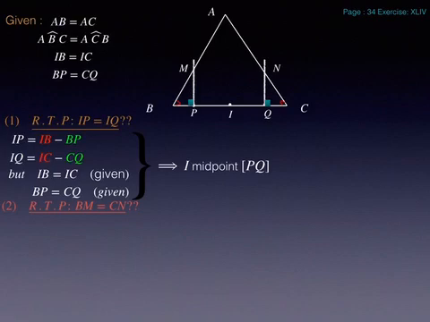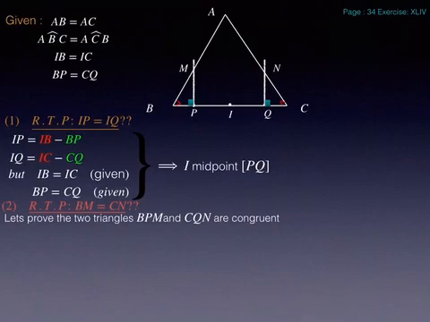So in order to prove these two sides are equal, we will prove that the two triangles BPM and CQN are congruent,